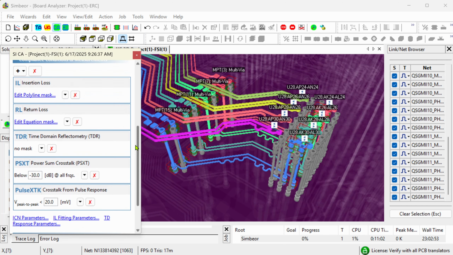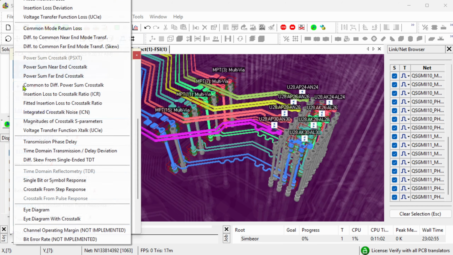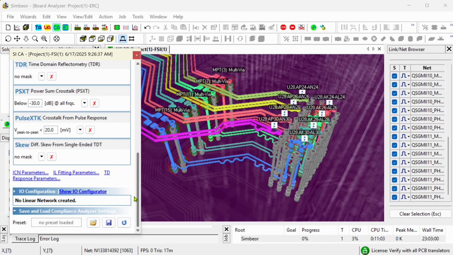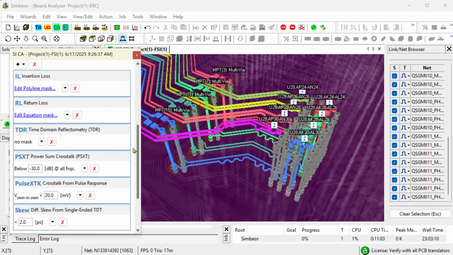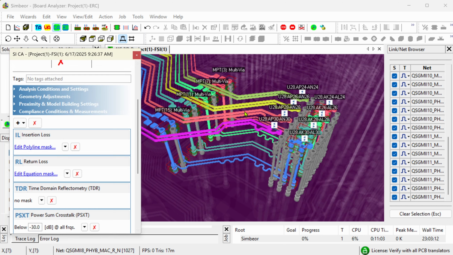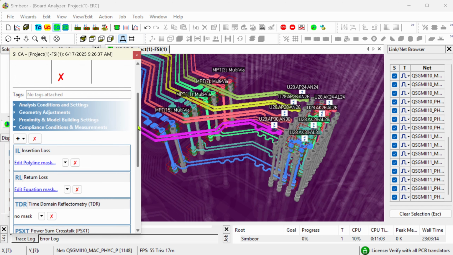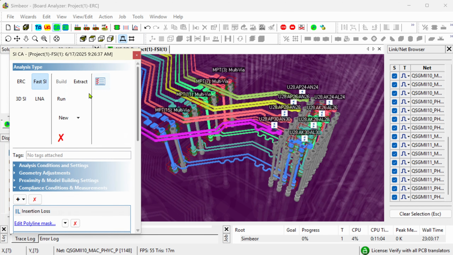And what else? Let's check skew as well. Skew from single-ended TDT, and just for illustrative purpose, put a very strict condition, 2 picosecond. It's definitely not required in this case, but we'll check how well aligned all those lines, traces are. The only thing I need is extract or just run. I click run,